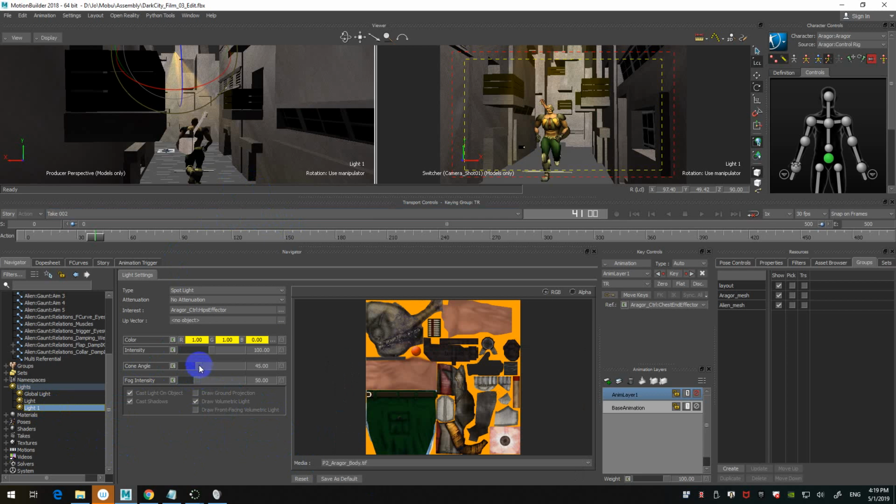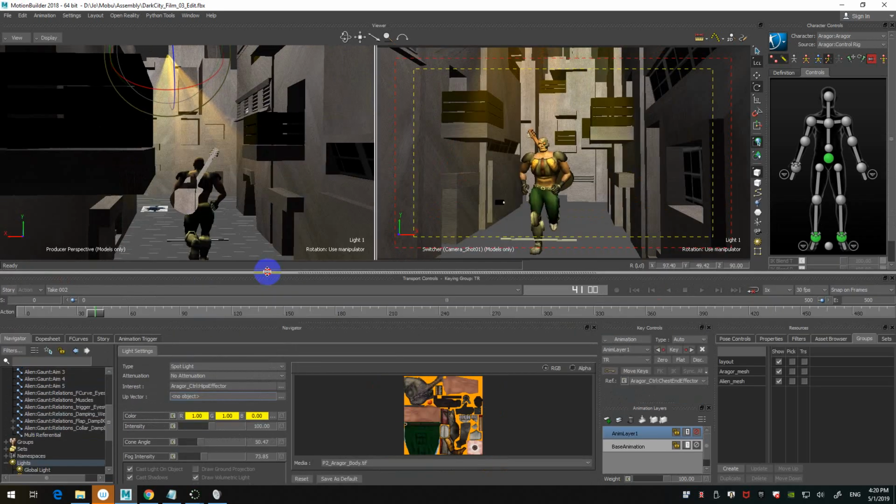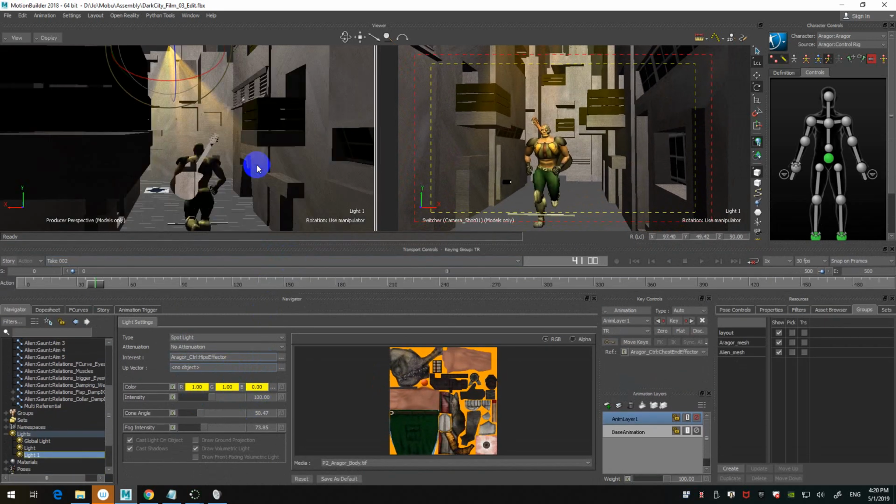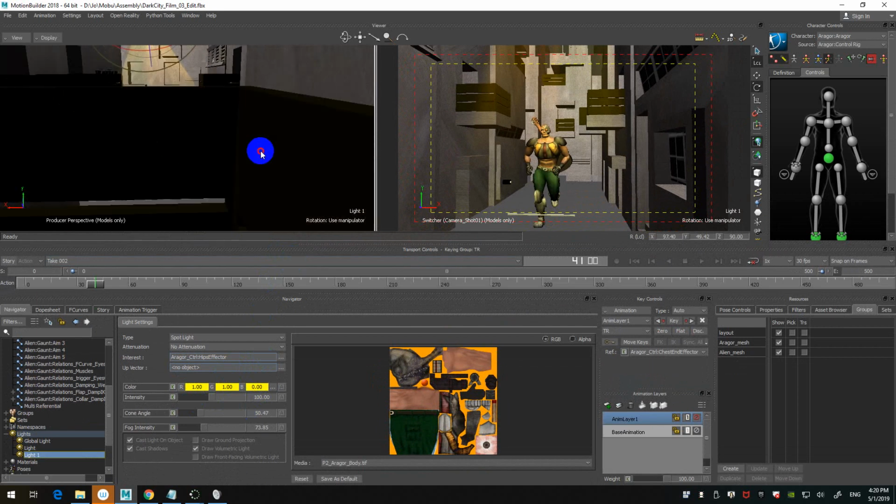You can play with the cone, how big it is. And the fog intensity I don't recommend, because I think it's almost like the intensity. I'll let you guys play around with these. The one more interesting thing is you can have